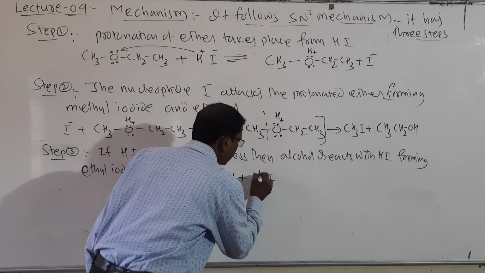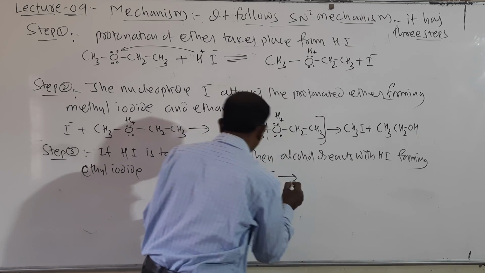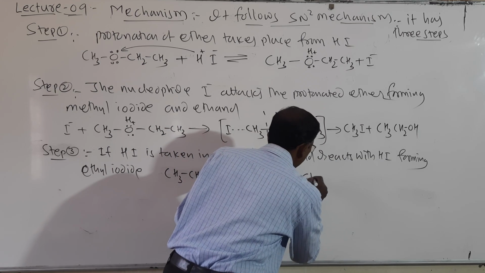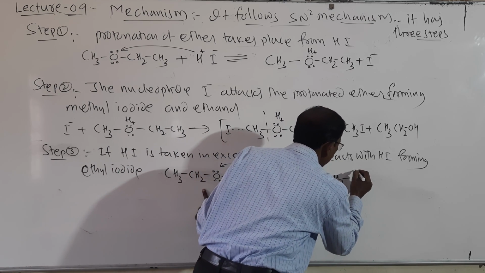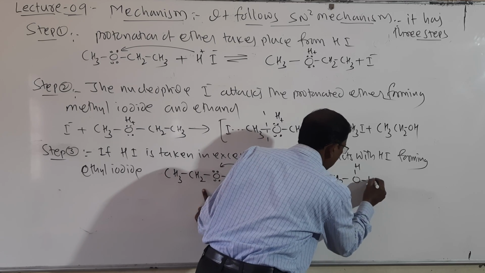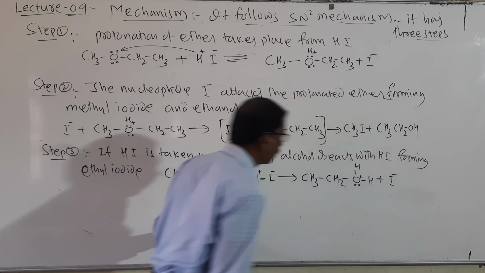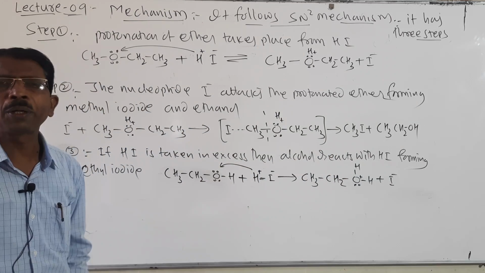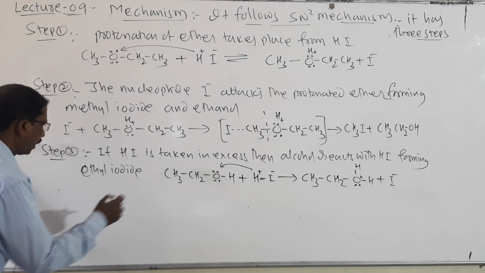So it is H plus and I minus, and here first protonation takes place, and then it forms CH3, CH2OH2 plus, I minus. Look here student, protonated alcohol is formed, and when this protonated alcohol is formed, it is attacked